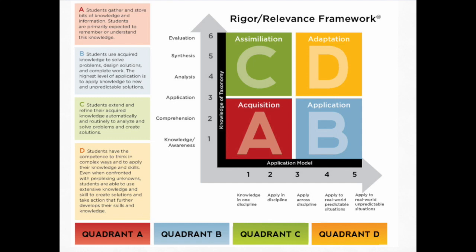The aforementioned project choices of which I had previously made mention apply to quadrants B and D of the Rigor and Relevance framework, as they involve intradisciplinary connections and synthesis of skills, and level 5 of the application model, as the description of level 5 posits that students are to apply skills to new and unknown situations. The previous two activities meet the standards posed by this framework, as students, through those activities, are learning content-related skills as well as hard technical skills and seeing how one can integrate them both to accomplish tasks one might encounter